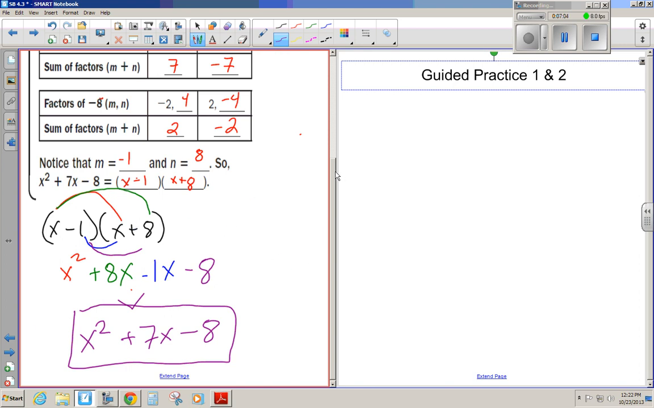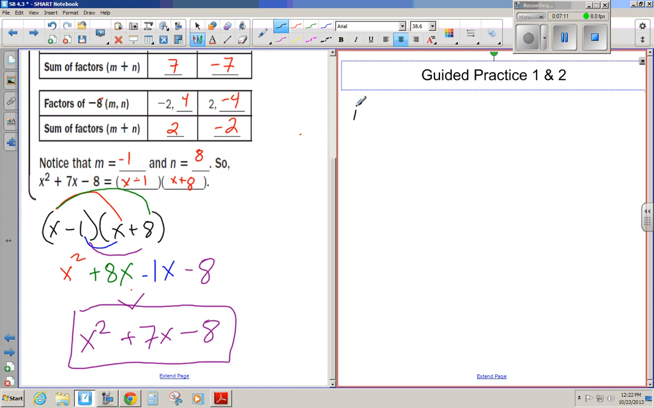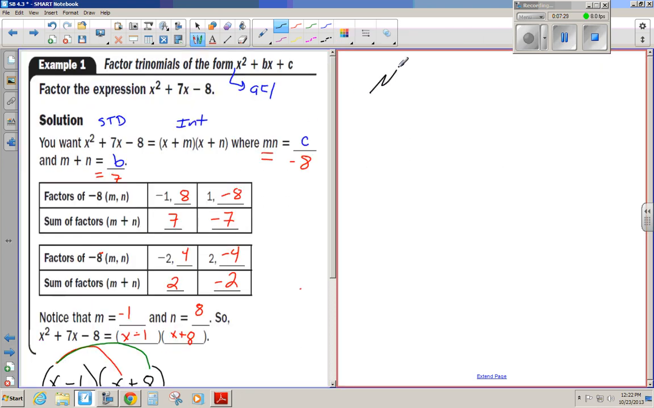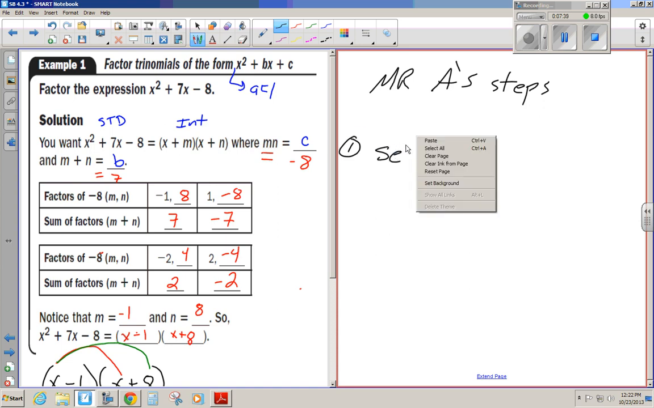So let's take a look at the guided practices. Number 1. Minus 18. And I'm going to go ahead and give you a few steps. All right. You saw how the example is here. These are Mr. Andre's steps. Number 1, I just want you to set up